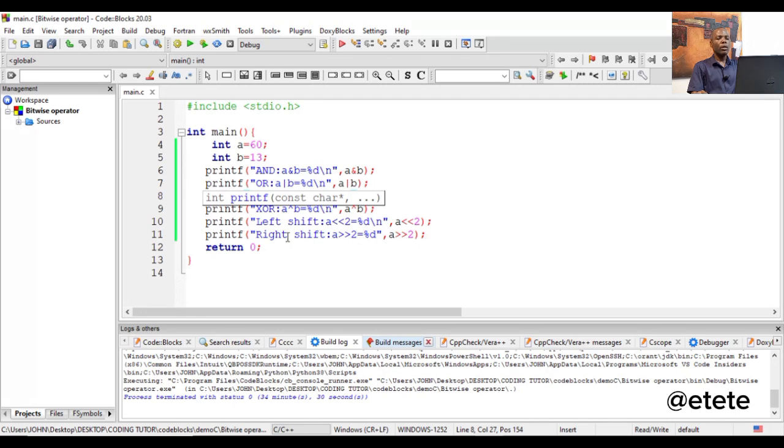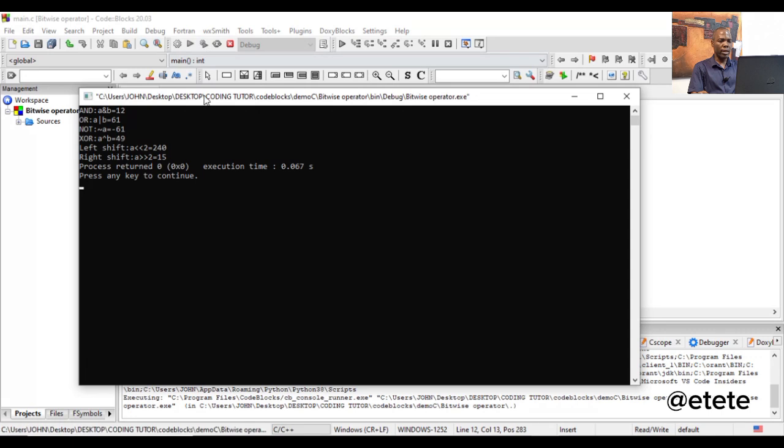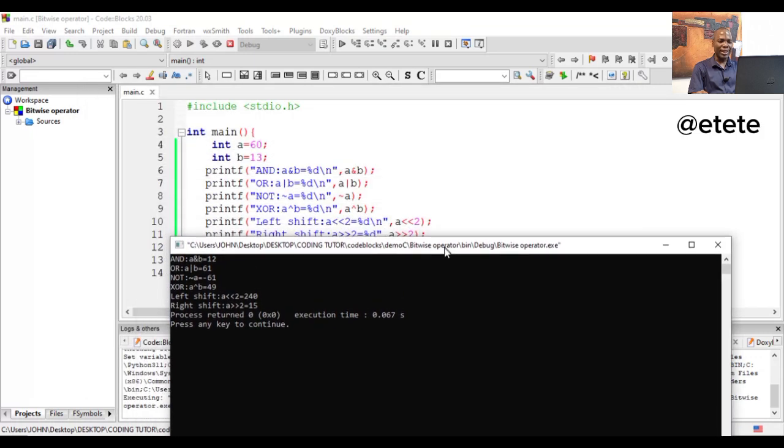I told you. So I'm going to execute this script for you to see what the output will be, just like what I explained on the screen. So I'm going to compile, build and run. Which is, I'm going to compile it and then execute it. So I do that. So you see the output. The AND will give us 12, which is what I explained to you, and I've explained to you how we achieve that. The OR will give us 61. The NOT will give us minus 61 because it is a signed